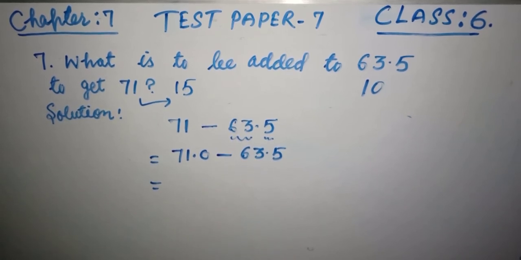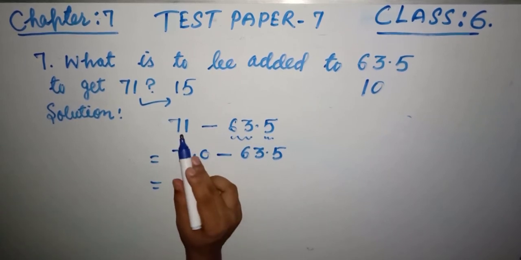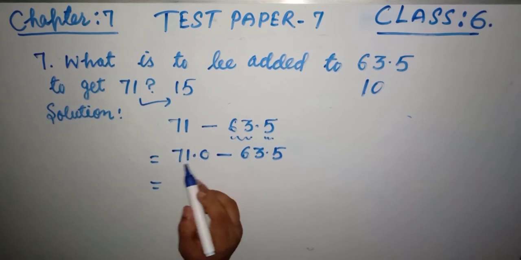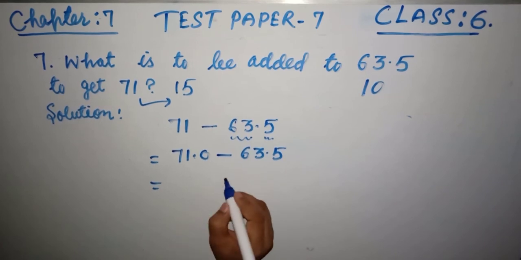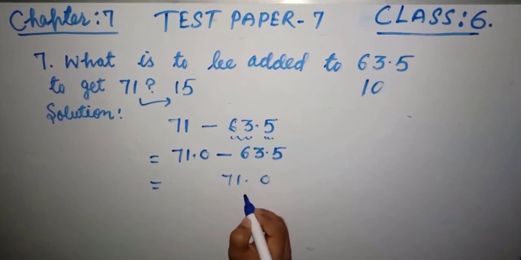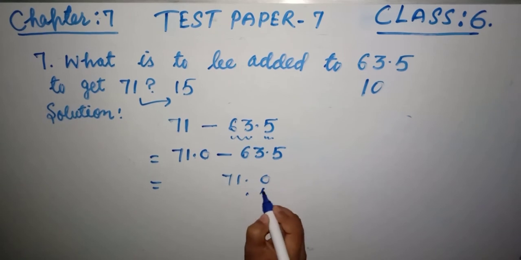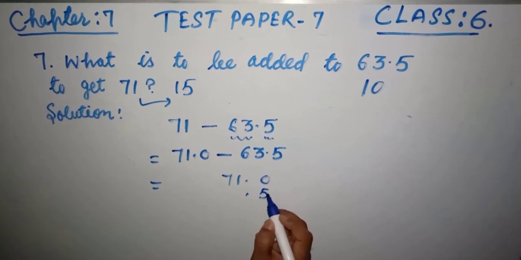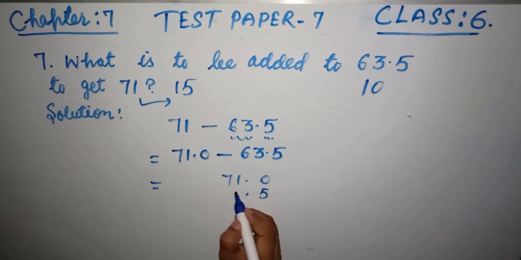And remember friends, I have already discussed many times, in order to subtract two decimals, first of all see whether they are like decimals or not. If they are not like decimals, then make them like decimals and then subtract. So I have already made 71 a like decimal, 71 point 0, because there is one digit after the decimal in both. Now we can subtract. Write 71.0, and the decimal point should be straight. Here is the 5, because this is the decimal part, and 3 is here and 6 is here.